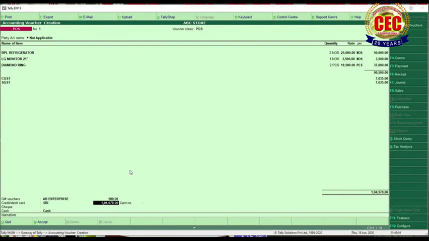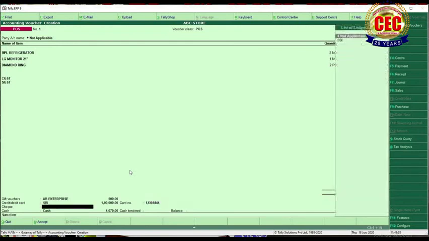Now suppose card payment, like the customer gives you 1 lakh as a card payment. Here you have to put card number, then check not applicable.